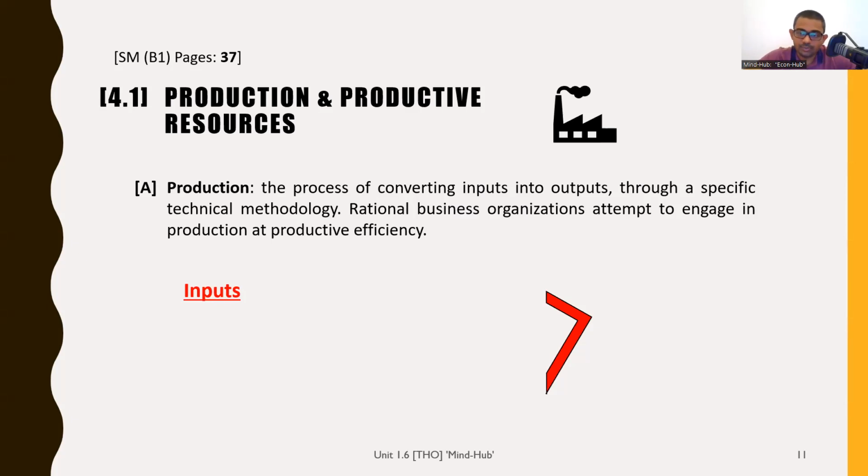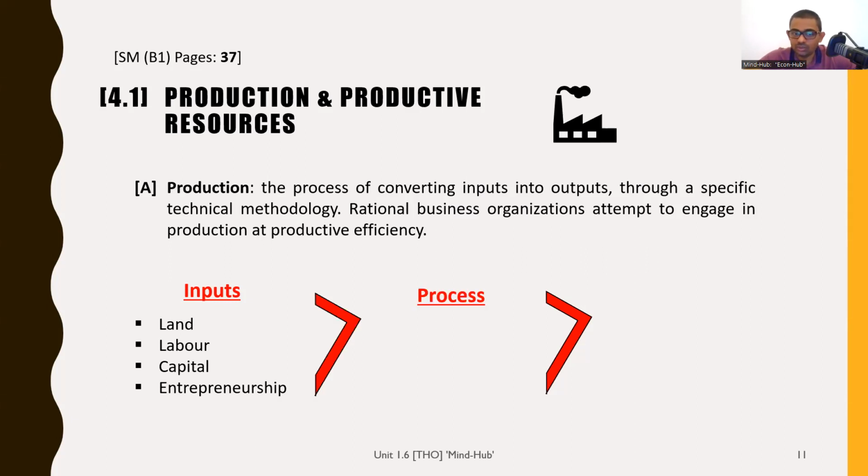So production is then a process of converting inputs. Such inputs broadly can be land, labor, capital, and entrepreneurship. We will learn about these 4 factors of production. Then converting such inputs through a process. That process mainly has a technical methodology. We have to use a specific technology, a technical methodology. And we have to have a way to manage the production process. So management